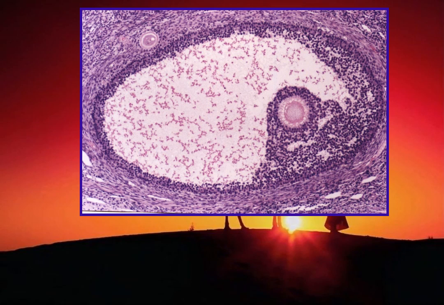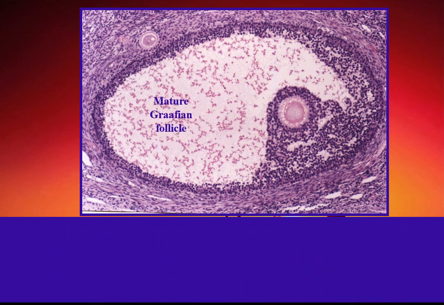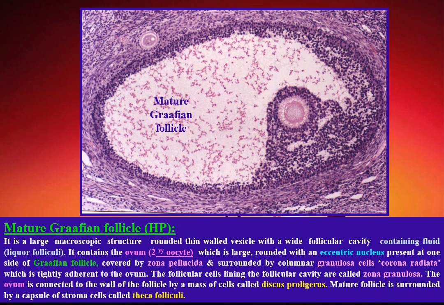Mature Graafian follicle by high power. It is a large macroscopic structure, rounded, thin-walled vesicle with a wide follicular cavity containing fluid, liquor folliculi. It contains the ovum, which is a large, rounded, with an eccentric nucleus present at one side of the Graafian